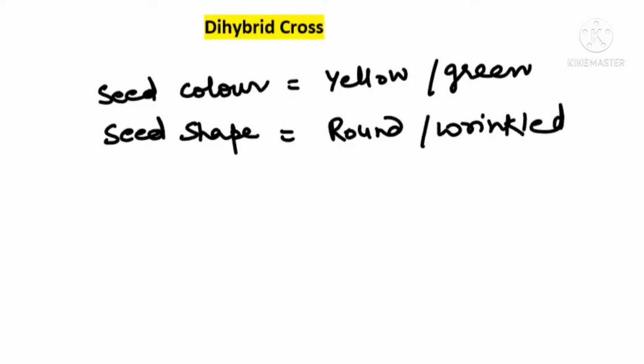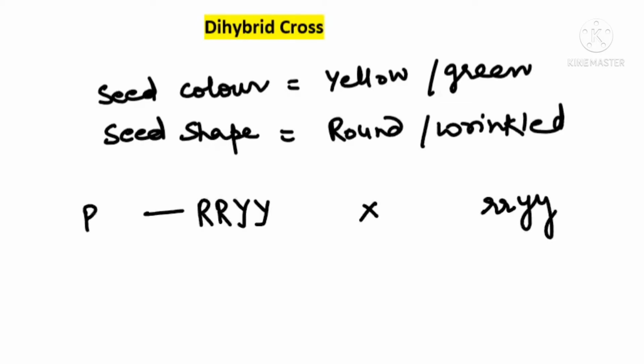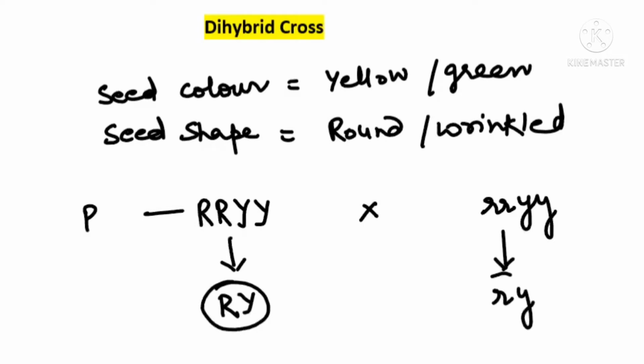So he started his dihybrid cross by taking two characters at a time. Now see here, he is taking the pure characters. Round yellow is crossed with wrinkled green. So these are the parents. Now gamete formation: if you see in the gamete, homozygotes will be producing only one type of gametes. So this is the gamete formation done by them. This is the gamete formed, okay?